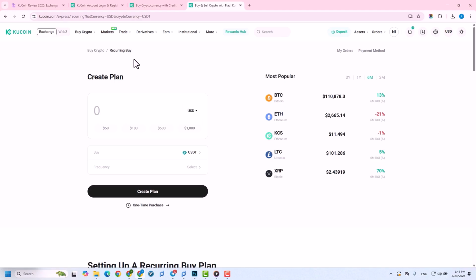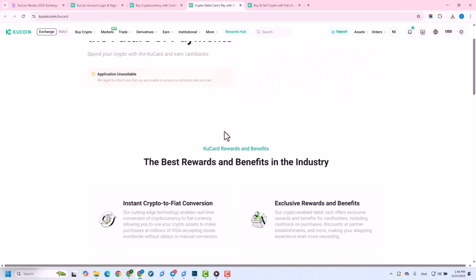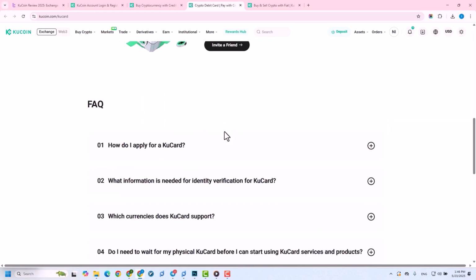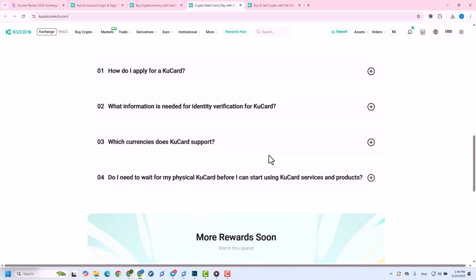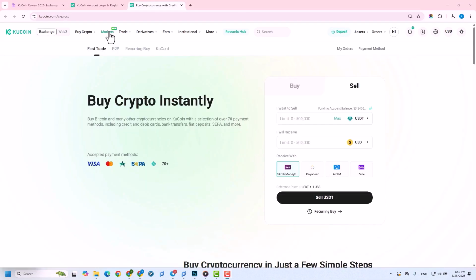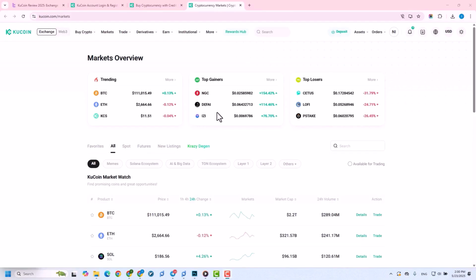And the next section is a special service from KuCoin that allows users to spend cryptocurrencies just like cash, and even use their card directly, without any hassle, to purchase cryptocurrencies. If you have any questions about this section, you can always find the answers through the comprehensive FAQ section. In the market section of the KuCoin exchange, you can view a detailed and comprehensive overview of the cryptocurrency